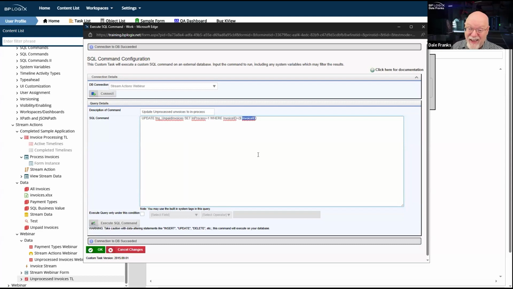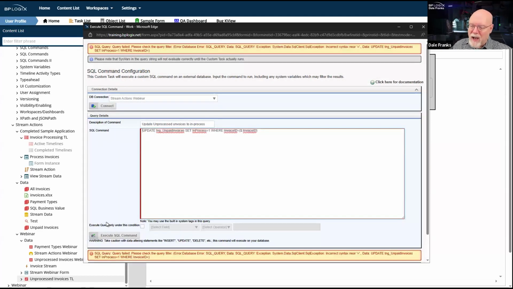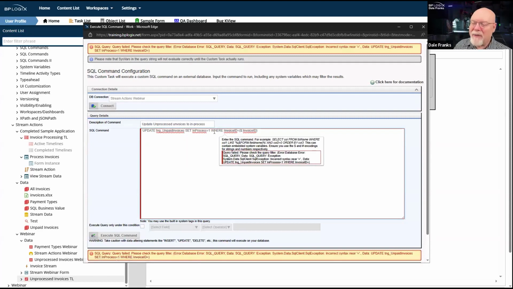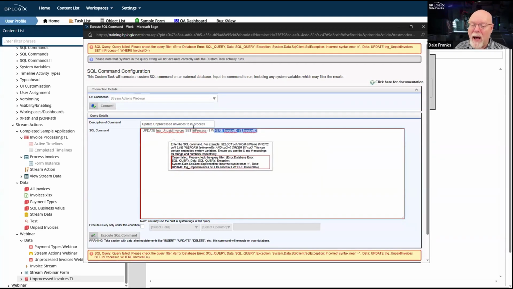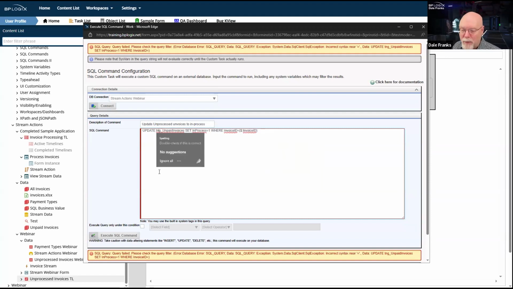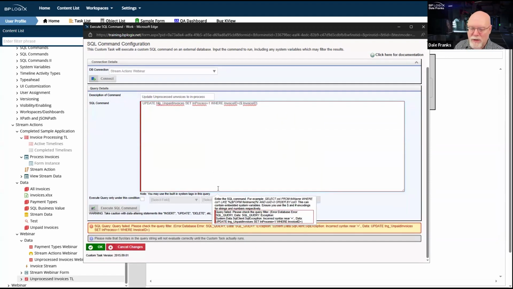I'm not even in the form, so there's no way it knows what invoice ID is. So if I hit execute SQL command here, which I can, nothing's going to happen because I have an invalid invoice ID, so it can't run my command. If I didn't have this where clause, it would actually update everything in the table. So you've got to be careful about that execute SQL command.